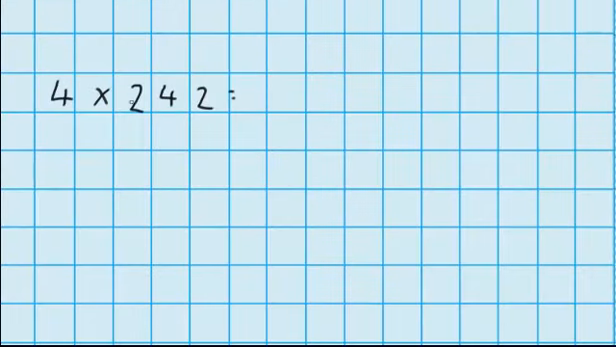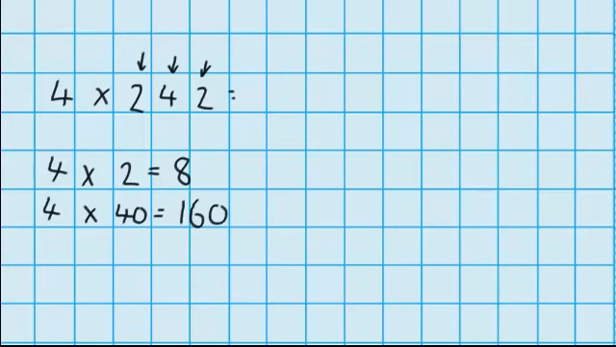This time I want to work out 4 times 242, but I want to do it without drawing any pictures. So I'm going to imagine it in my head. I know that 242 is made up of ones, tens, and hundreds. I'm going to start with my ones. I've got 4 groups of 2, and I know that 4 groups of 2 is 8. Now I'm moving on to my tens. I've got 4 groups, and there are 40 in each of those groups. 4 groups of 40 is